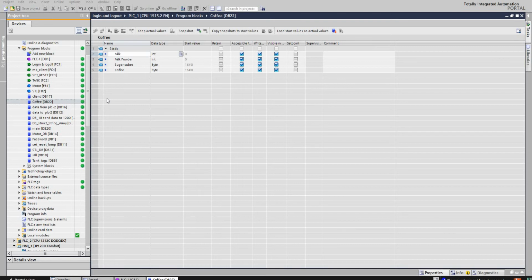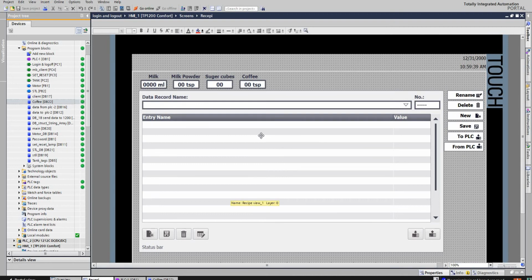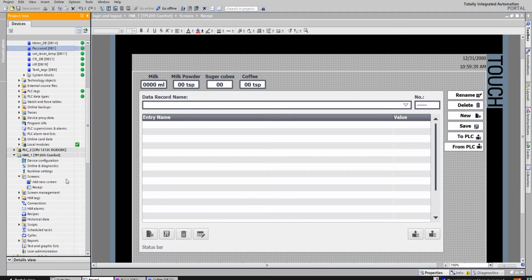So now we are going to check our HMI. I will go and show you how I created my recipe. This is how it looks, and I have created it already, so I'm not going to show you this screen. We will go and create one new screen over there, and I will show you how to create a recipe from scratch. So just add a new screen and